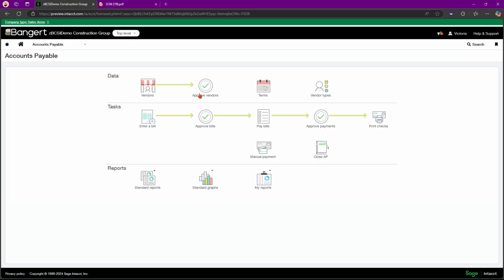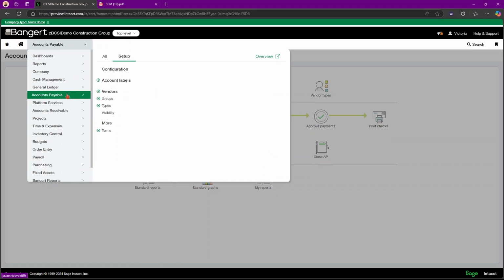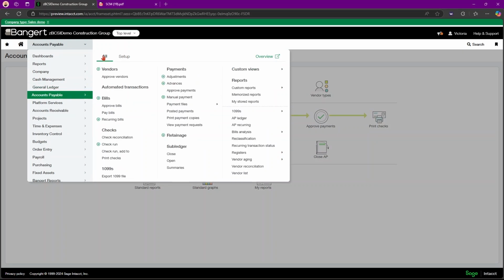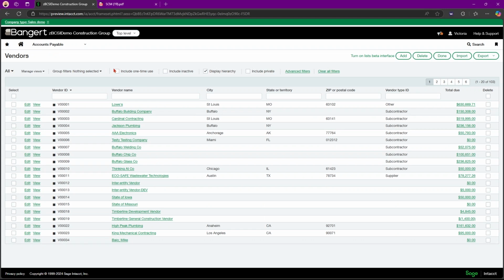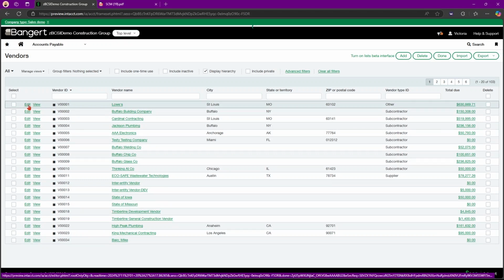And on the contact list tab, make sure to verify the vendor name and email address. Now we also have to set up a vendor to receive payment notifications. So we're going to go to Accounts Payable again. Then we're going to click All, go to Vendors. So we are going to select whichever vendor that we need to select. I'm going to choose this one. And you're going to click Edit.